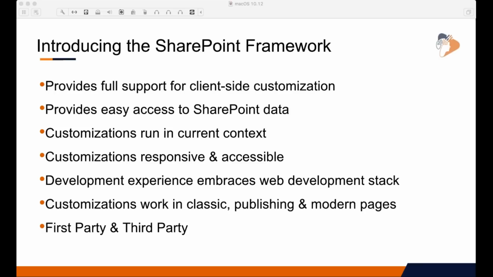Another piece that I should highlight that you should be aware of is this first party and third party thing. Now, this is a confusing phrase for a lot of people, so let me explain what this means. This is actually a pretty darn big deal for us. The term third party refers to people like you and me that are on the call, people who are creating things and deploying things to run within SharePoint. In the past, things like SharePoint add-ins were third-party only customizations, meaning that Microsoft didn't use add-ins to extend SharePoint. They just baked their changes right into the product.